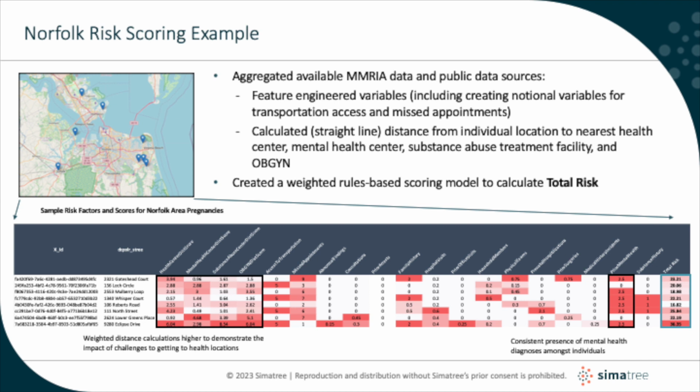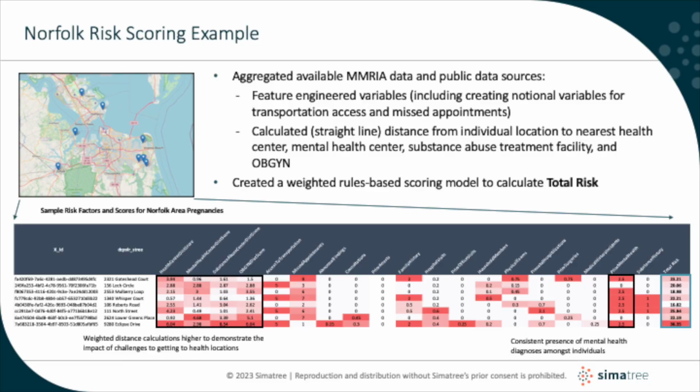The combination of these variables were treated as risk factors within our model. While we created our own weighted methodology, it can be adjusted in coordination with SMEs. We believe that the best risk model is a combination of data revealed and heuristics from the SMEs. We weighted the distance of certain health facilities the heaviest in our example to demonstrate the potential impact and influence that being farther away from facilities might make you a higher risk individual because it makes it harder to get the care that you need.